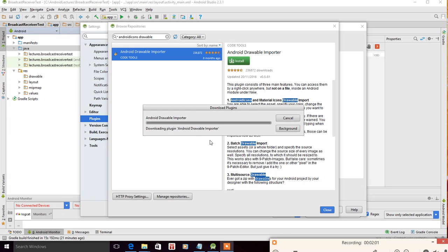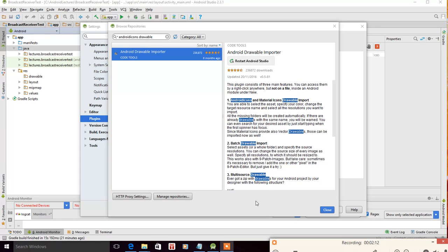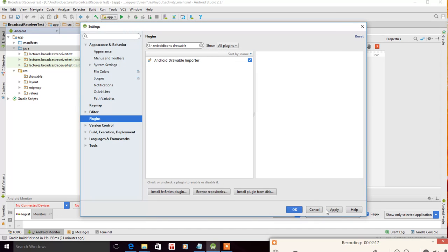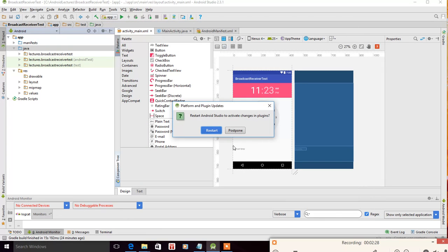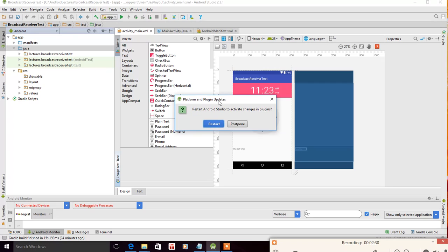So downloading plugin, Android drawable importer. So it is done, and now we click close and we click apply, and you see we now see this Android drawable importer installed, and we click OK, and this gives me a message that you need to restart Android to activate changes in the plugins,